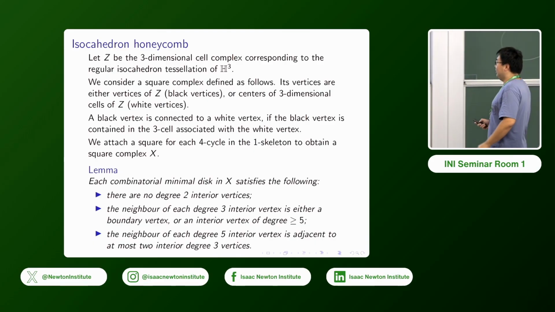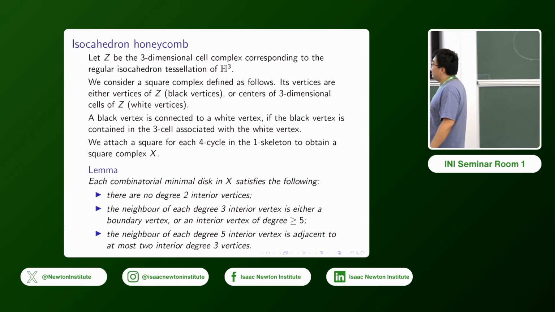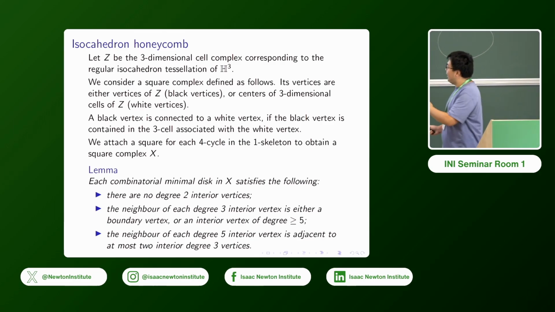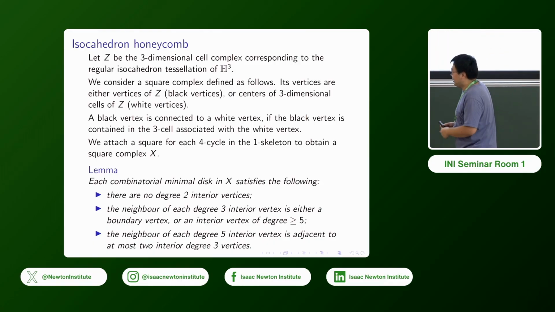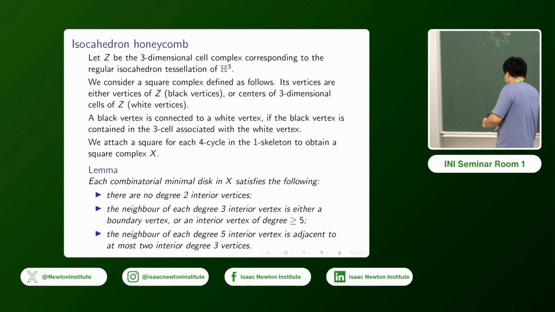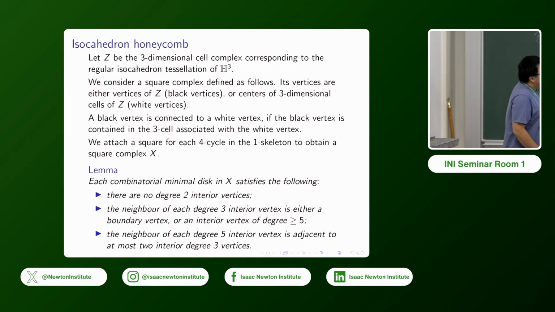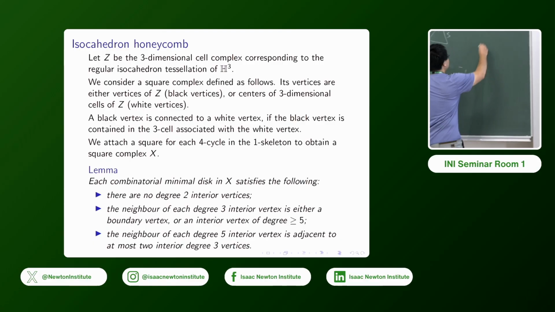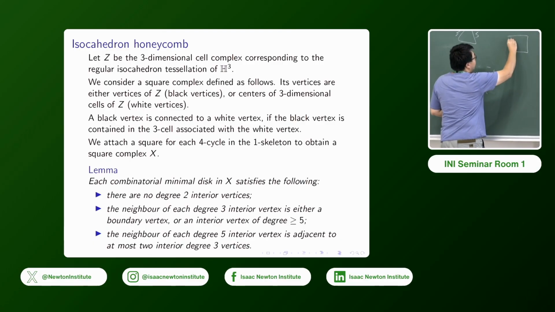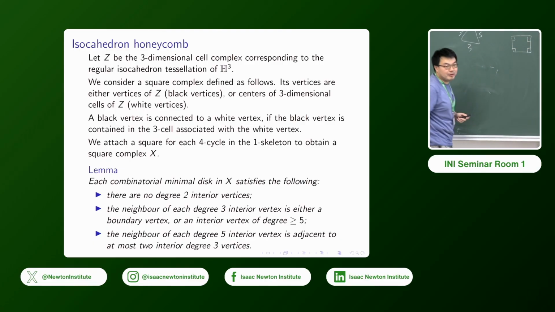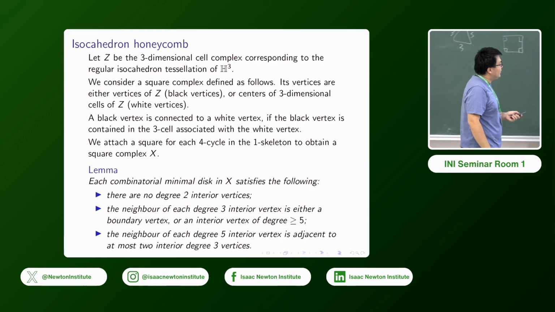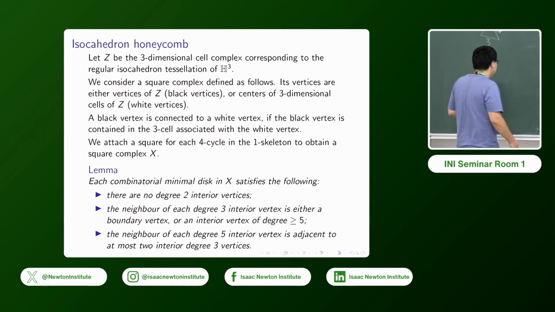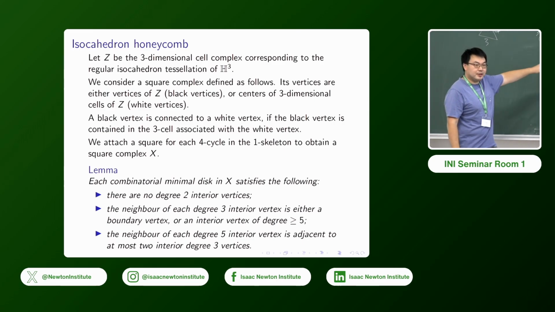Now if you consider this kind of combinatorial minimal disk in the complex, it has the following features. The key point is, I'm going to draw some picture. Another thing is I want to metrize each square as just a flat right-angled square in the Euclidean plane. That's the metric I put on the square. So now I ask myself, is this minimal disk non-positively curved or not? Unfortunately, this minimal disk with this metric is not non-positively curved on the nose,